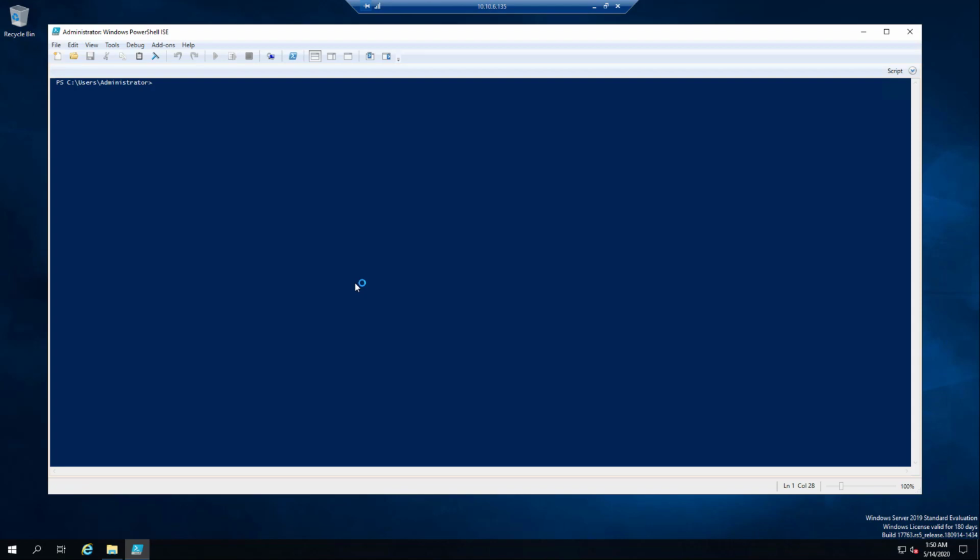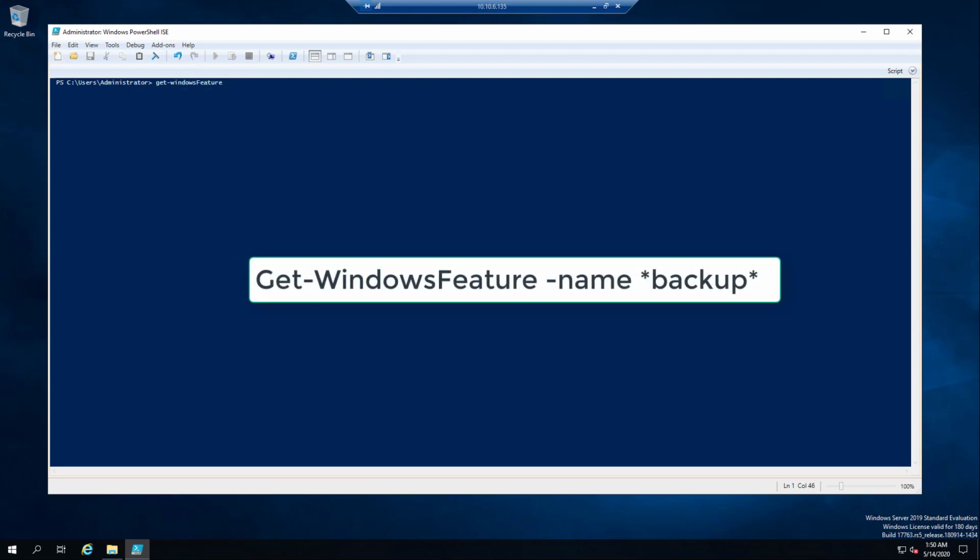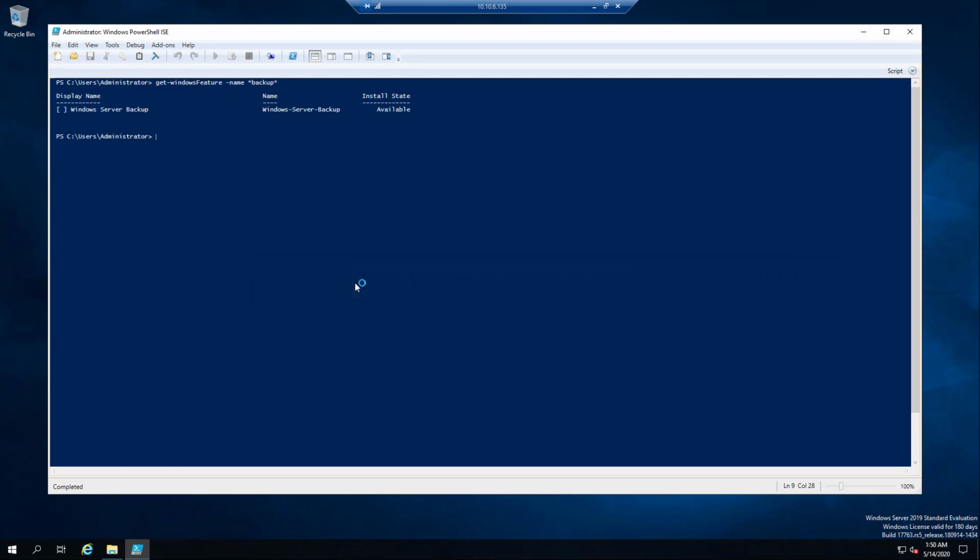Here we will write the command Get-WindowsFeature -Name Backup. As we can see, Windows Server Backup is available for install but not currently installed.